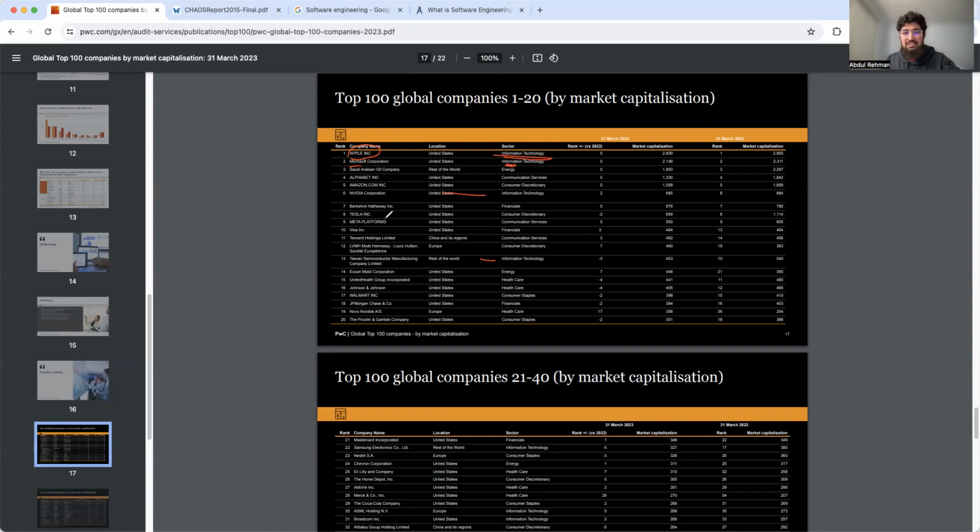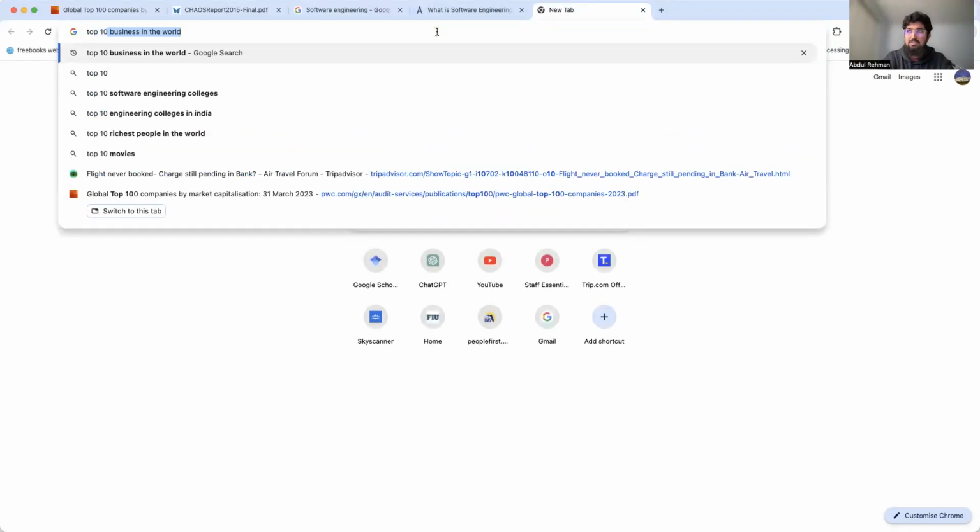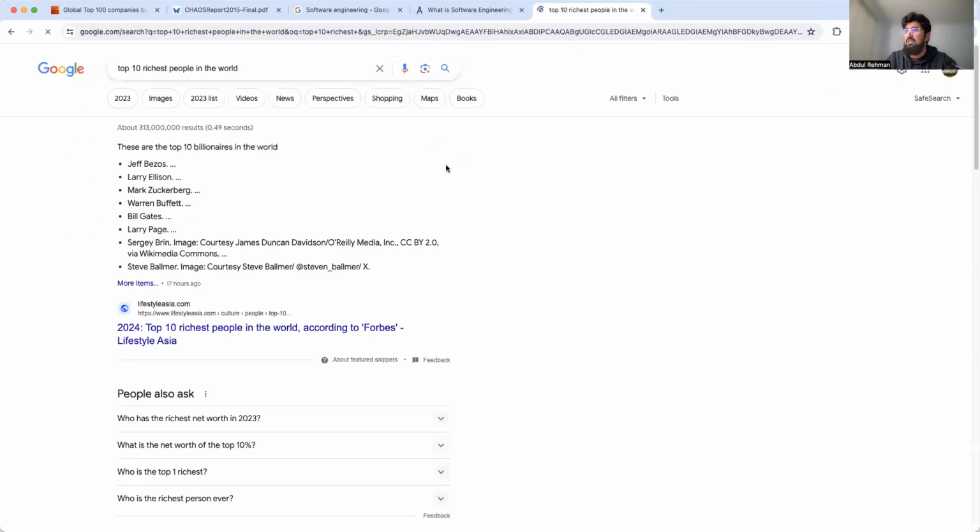So software is not a detached part of IT. I would also feel it is very important that if I ask who are the top richest people in the world, you're going to see Bill Gates in one of them. You will see Mark Zuckerberg, one of them. Let me quickly see if I can show you the list here. So let's just look at the top 10 richest people in the world. I'm not sure, but you're going to see Mark Zuckerberg, and we know that Mark Zuckerberg actually owns